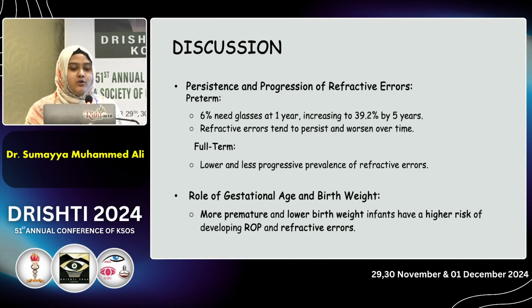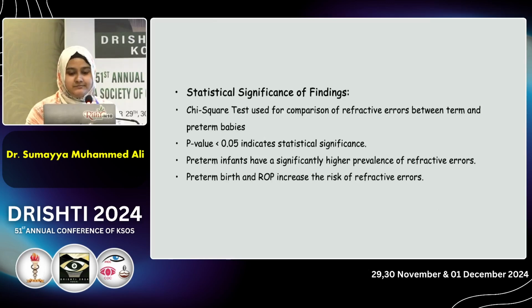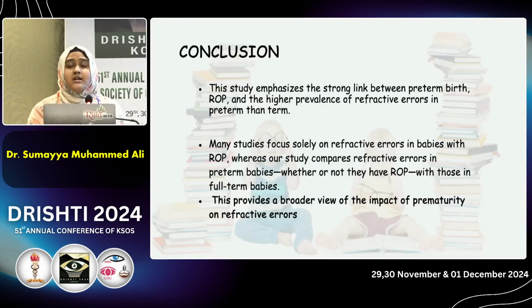There is also the role of gestational age and birth weight, because more premature and lower birth weight infants are already at a higher risk of developing ROP, and so refractive errors. The KS test is used for the comparison of refractive errors between term and preterm babies. We get a p-value of less than 0.05, which indicates statistical significance. So preterm infants have a significantly higher prevalence of refractive errors, and preterm birth and ROP increase the risk of refractive errors. So in conclusion,